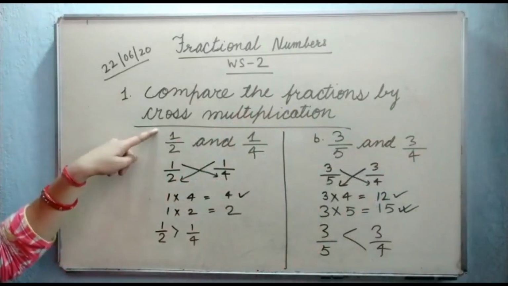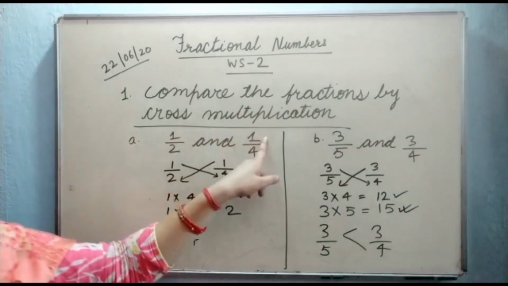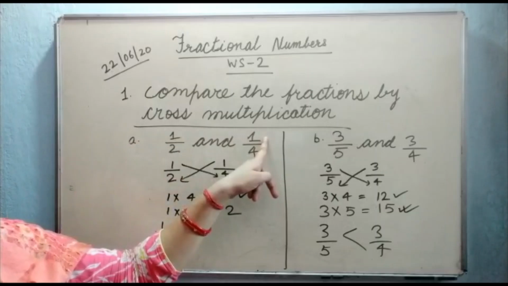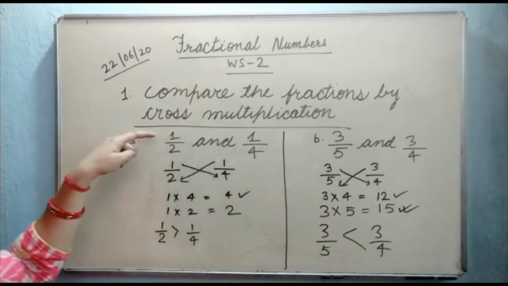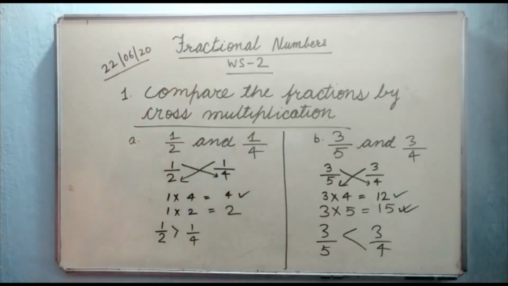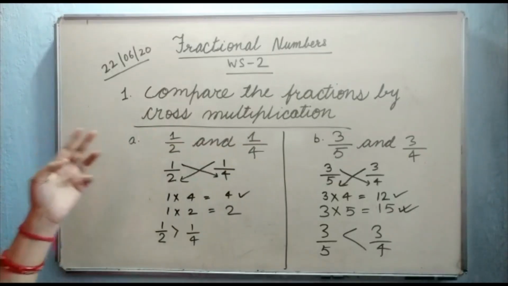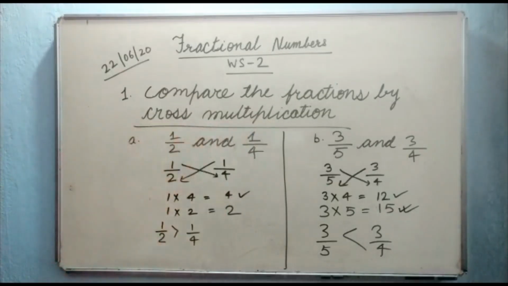Now here also 1 4s are 4 and when you put your finger this side 1 2s are 2. So which side is greater? You are getting 1 4s are 4. This is the process. By cross multiplication we find which side unlike fractions are greater. You have to do the other examples given in your book. You have to solve like this only.